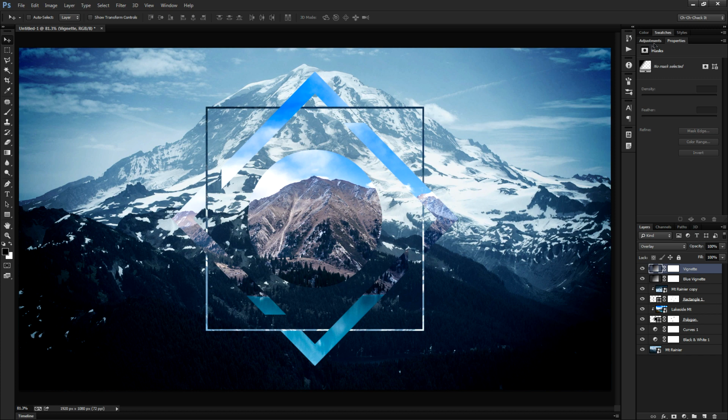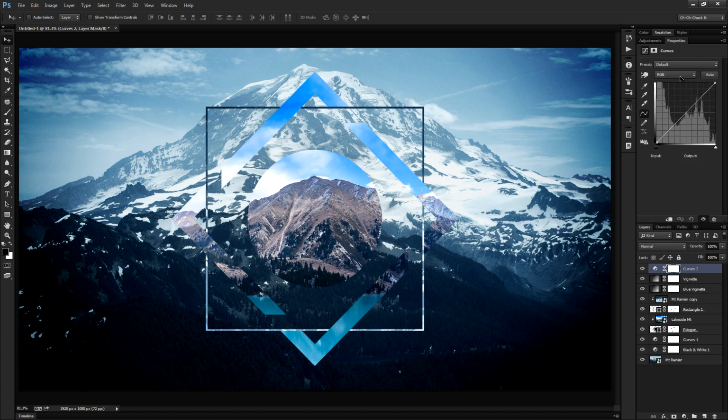So let's just add a little bit of color on top of this. We'll go to our adjustments, create a curves adjustment layer, and let's swap over to the blue, and let's just bring up the blues a little bit. And then we'll go to the greens and lower the greens a little bit to add a slight little bit of a slight magenta feeling to it. So you should see everything become a little bit more blue and a little bit more magenta with that adjustment